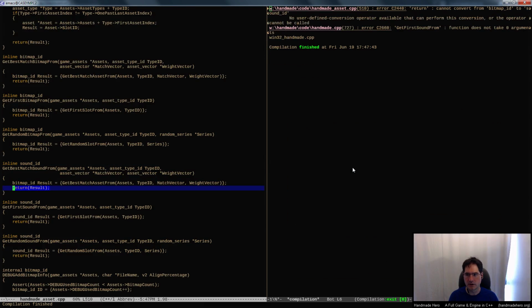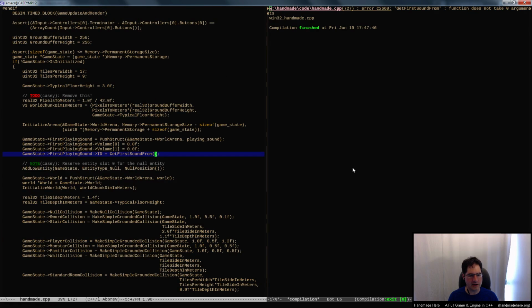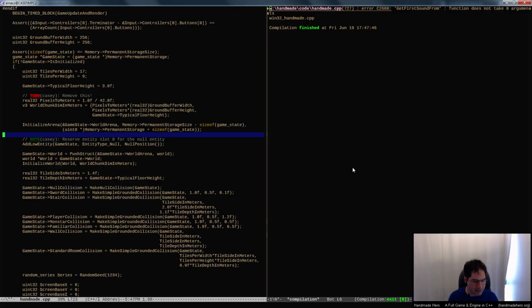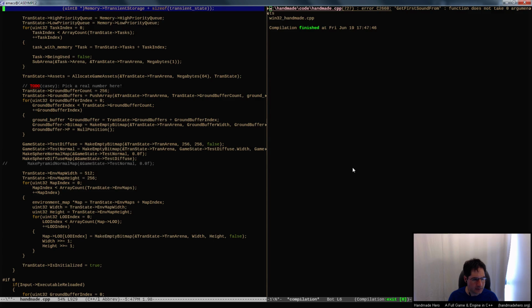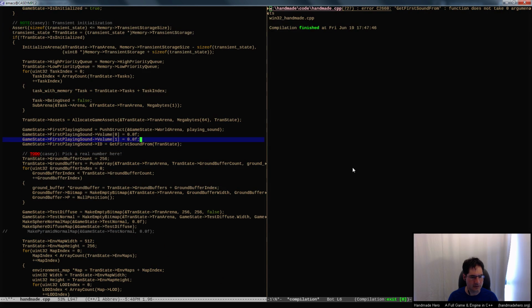And so when we say get first sound from, we need to pass, oh, you know what? I have to wait until we do get the transient state, because that will have the actual assets in it. So we need to actually do that here. So we're going to do get first sound from, and when we do get first sound from, we're going to grab